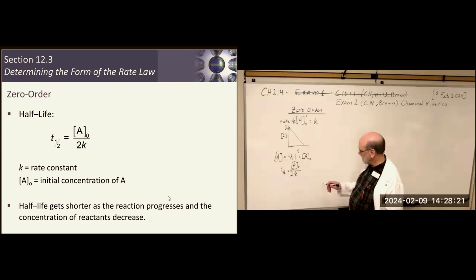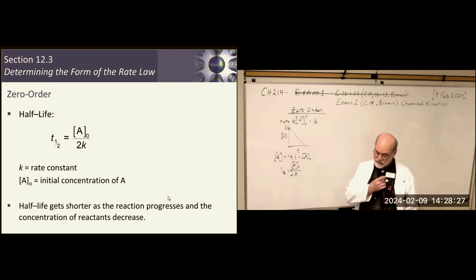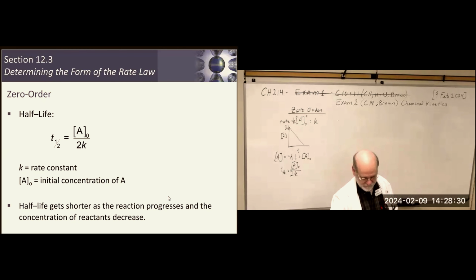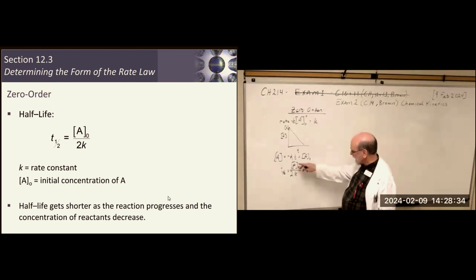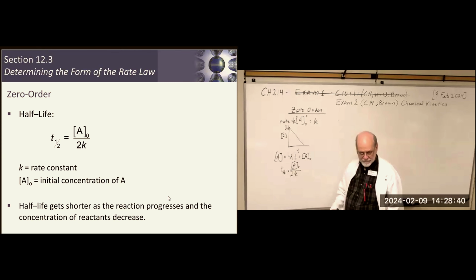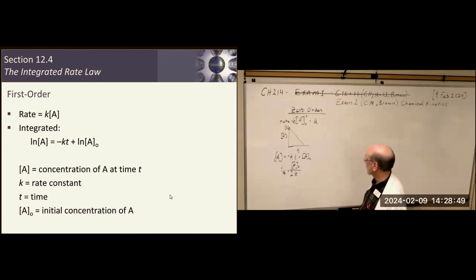And in this case, the half-life depends on the initial concentration plus the K, on both of those factors. So what we do notice is as A decreases, the half-life decreases. It takes longer and longer and longer to use up half of what's left. All right, for the first order